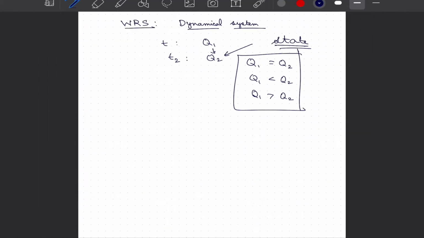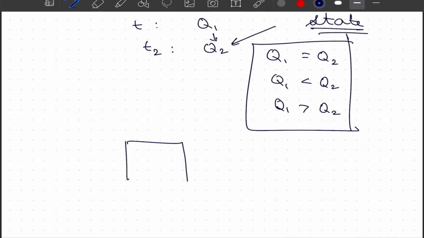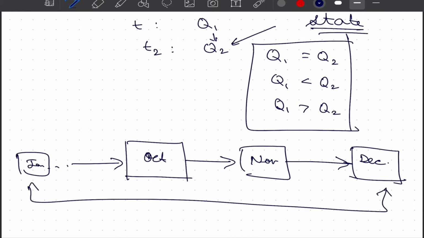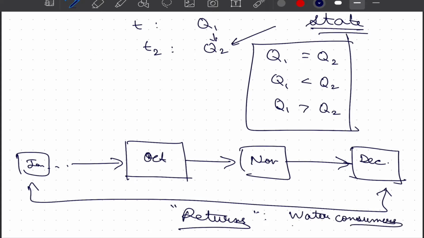And whenever we are talking about a dynamical system, we are also interested in sequential decision making. For example, we are trying to look at a problem where we want to maximize our gains throughout the year. So we can mark these months as December, November, October, and so on. We can go backward and say January. So we want to maximize our returns on certain investment throughout the year. And these returns on investment could be how satisfied these water consumers are, because water still essentially remains a welfare subject in many countries.